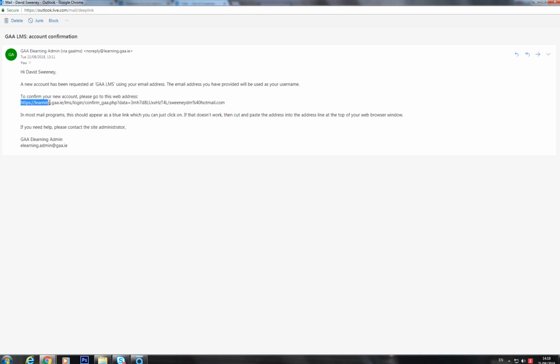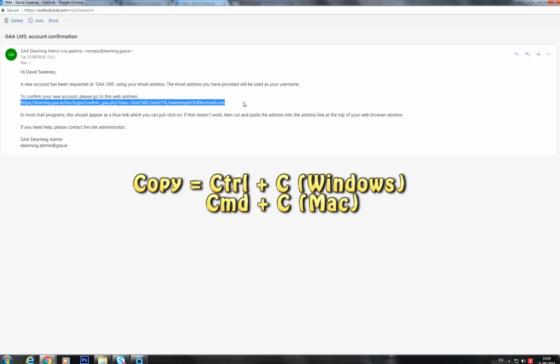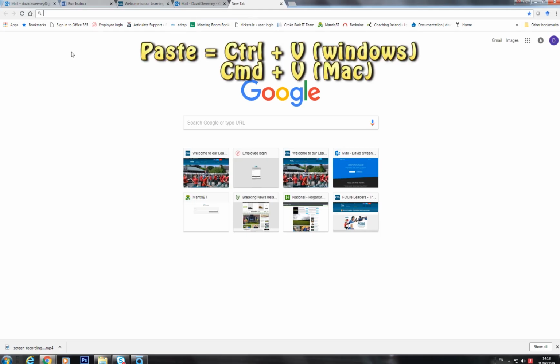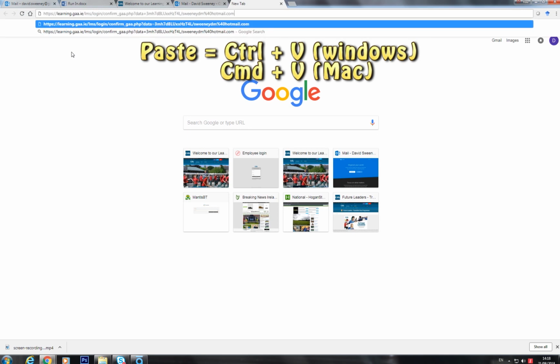Within the email there is a URL highlighted here. Some emails provide this as a blue link which you can click on to automatically confirm your account. In this case mine is not highlighted in blue, so I need to copy it. So I copy that link and paste it into a new browser,